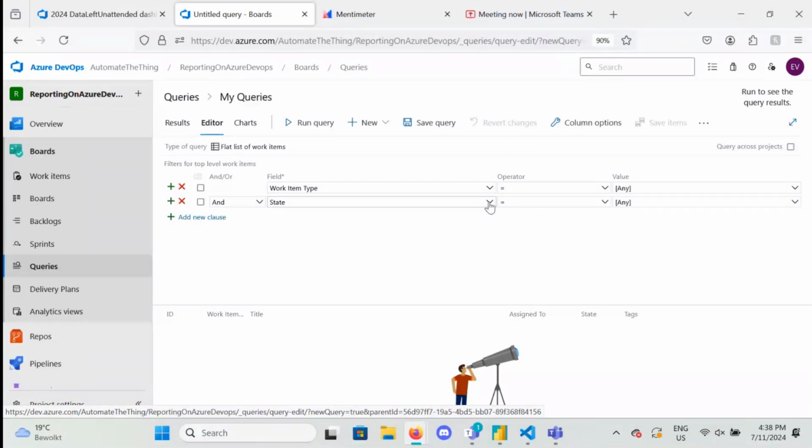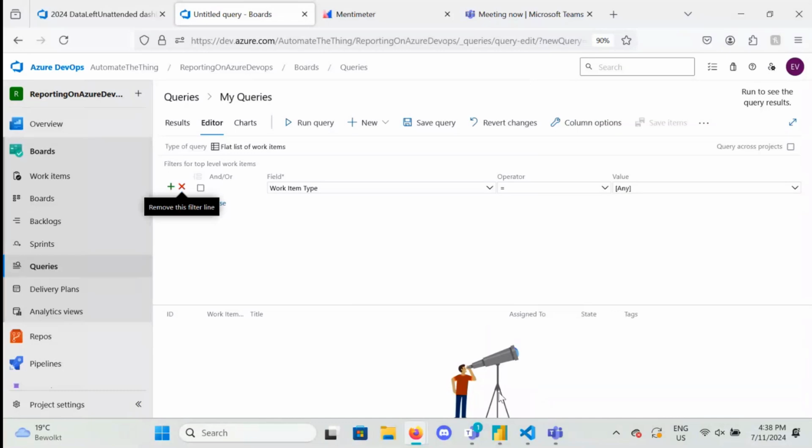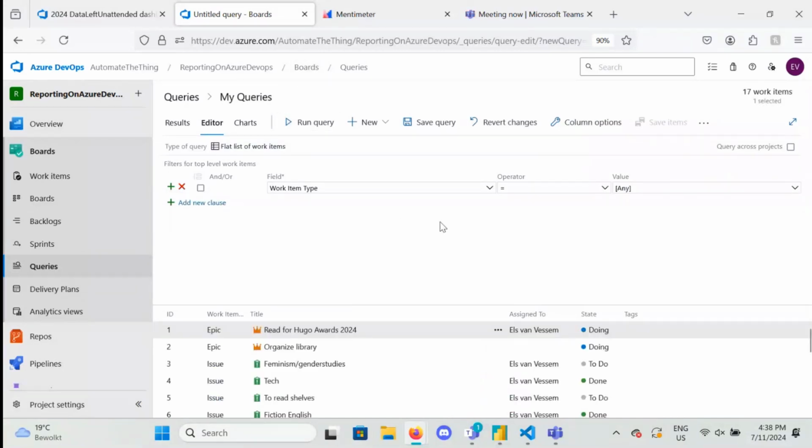You can say, hey, is there a parent? You look for the P. Is there a parent? And then you say no, and then you find all the work items that don't have a parent, because basically all the different fields you have in all the work items in Azure DevOps you can find in here. But in this case, I just want all work items,